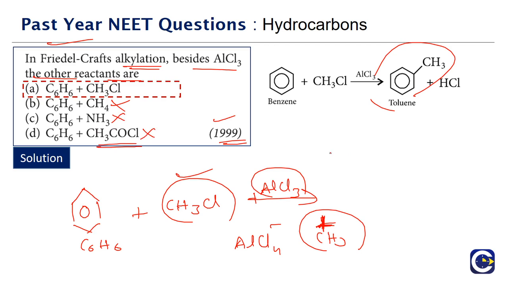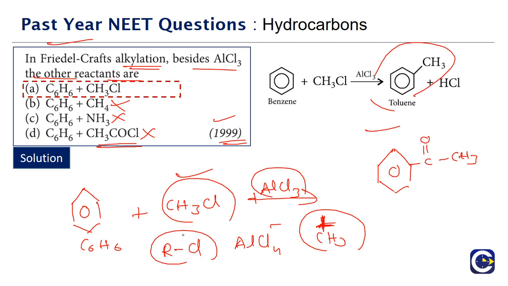This will give us what? The COCH3 group that is getting substituted onto the benzene. This will be the Friedel-Crafts acylation reaction. So for alkylation, we will be requiring C6H6 and CH3Cl. Not that we always have to have methyl chloride. We will generally have RCl, where R is the alkyl group. Depending upon the alkyl group that is there, the respective substituted compound will get formed.